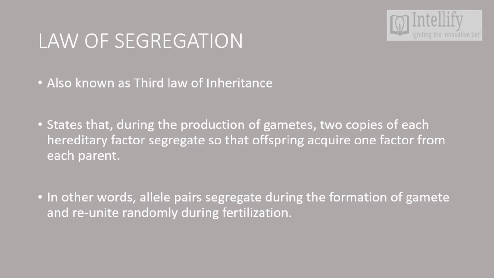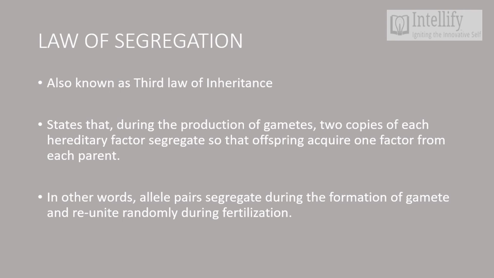Law of segregation. Law of segregation is also known as the third law of inheritance, and it states that during the production of gametes, two copies of each hereditary factor segregate so that offspring acquire one factor from each parent. In other words, allele pairs segregate during the formation of gametes and reunite randomly during